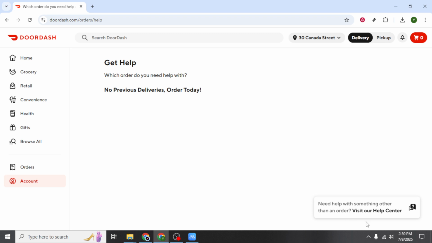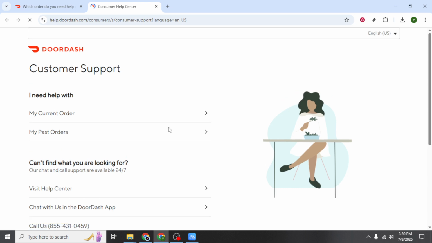Once you're in the Help section, look for the option that says Visit our Help Center. This button will redirect you to a more detailed help page where you can find FAQs, contact options, and other customer support resources. Now that you're in the Help Center, the next step is to click on Visit Help Center